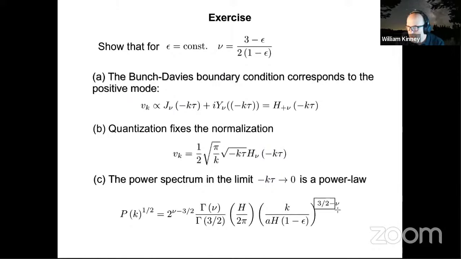So if we want to know the relevant parameter for LCDM, the slope of the power spectrum, we just need to know the order of this Bessel function, which is given by the equation of state during inflation. This is remarkable, right? So we can say, I have this input that I want to put into, say, my CMB fast or my CAMB code, which is the slope of the power spectrum.